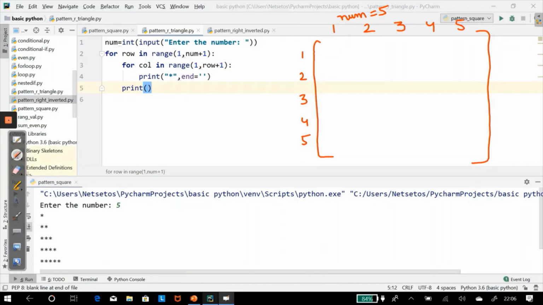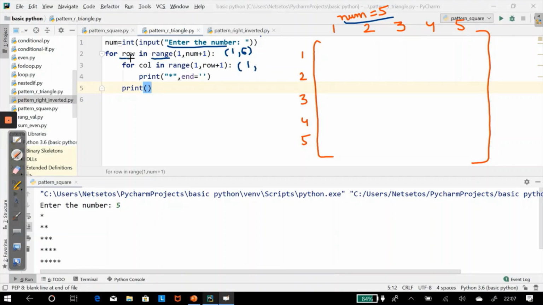Now first we ask to enter the number, which is 5. Now for row in range 1 to num plus 1, that means it will run for 1 to 6 exclusive, and for column it will be 1.